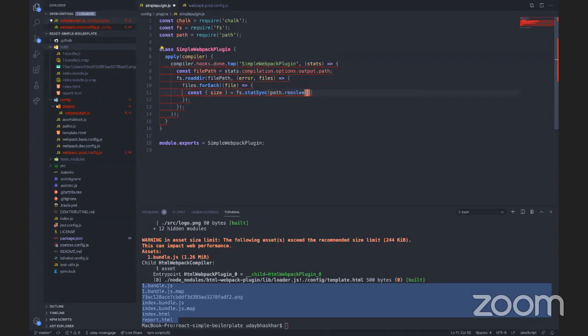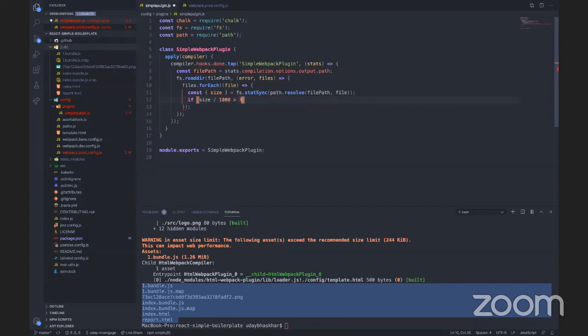There are many other hooks that provide you the direct information of the bundled files. File path of file. And what I will do is, as this gives a file size in bytes, I'll divide it by 1000 for now.